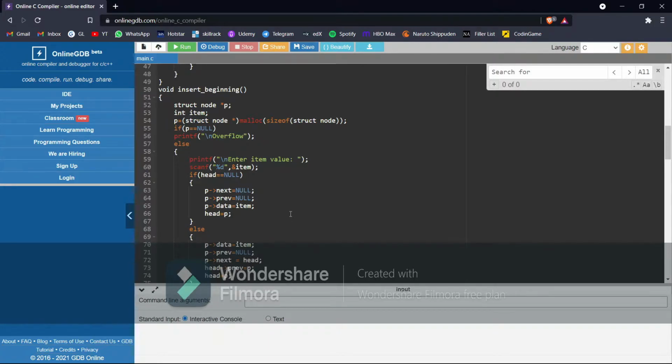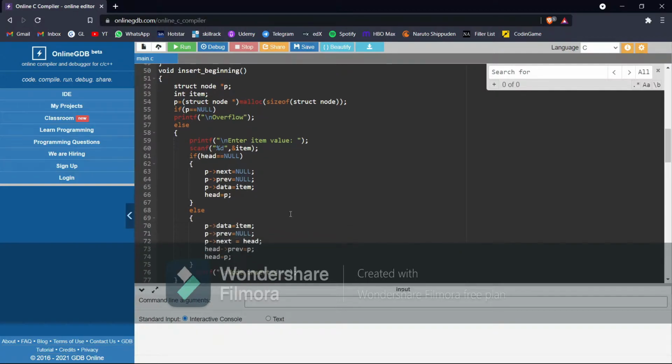If head equal to null, that is, we have to create a linked list from the beginning, that is, no node exists. We have to create the head of the linked list. p of next equal to null, p of previous equal to null, p of data equal to item, head equal to p.